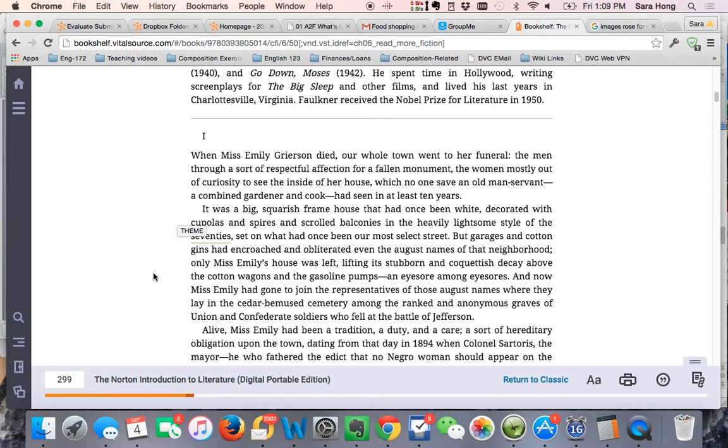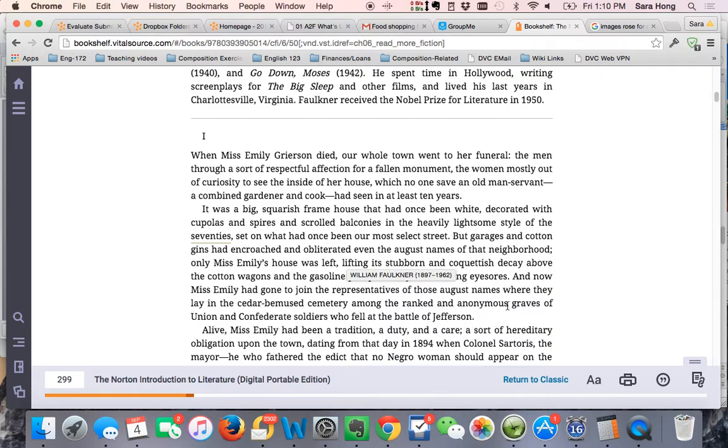The way that this house is described, in a way, the house is an embodiment of Miss Emily Grierson, and that breakdown of the interior room of her house at the very end of the story literally reveals to us some of the secrets that she had been hiding over the years. But I think the fact that the house is so closely tied to Miss Emily is interesting, because it is a house that had once been such a symbol of what's good in the South, but then it's marked by decline